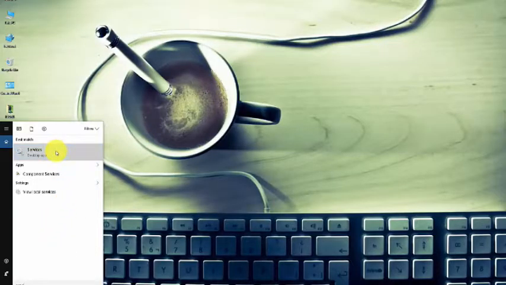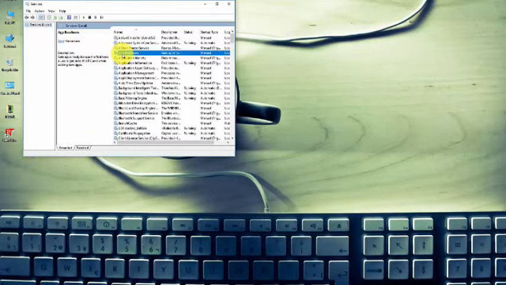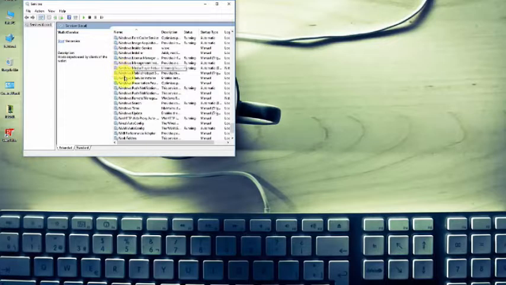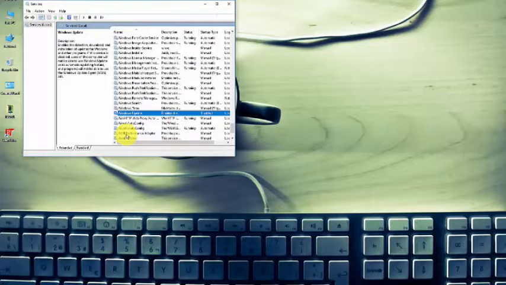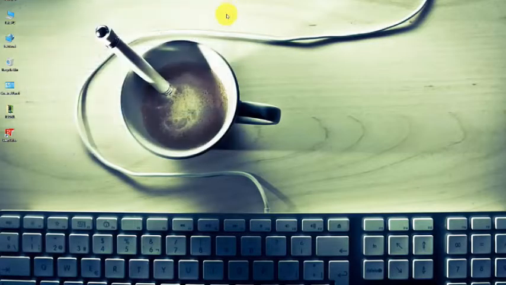And then Windows update, Windows update, double click, and in the manual on the setup type just click the disable, apply, OK, and that's it.